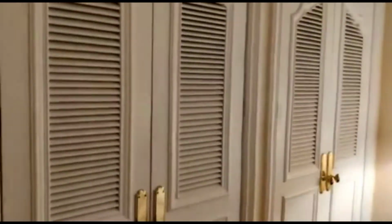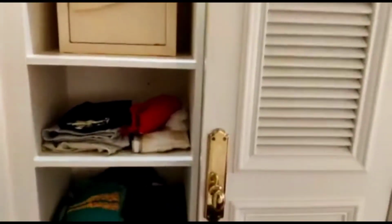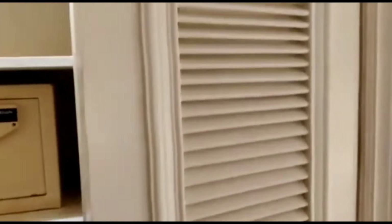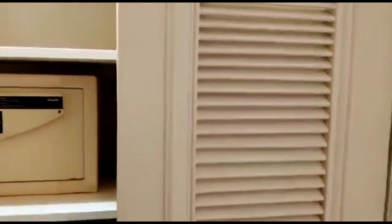And the left hand side you have wardrobes. Once you open this, you find the locker and a lot more things. I just close it. And one more wardrobe, my baby has opened, and here to keep the luggage, and to iron the clothes, an iron box is kept, and extra mattress and pillows are kept for the guest in case additional comfort is required. And this is the ironing board. Coming to the,